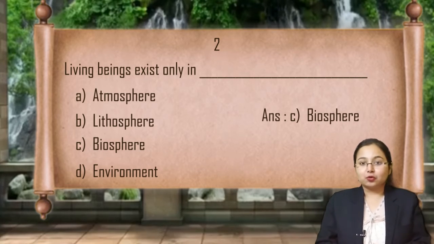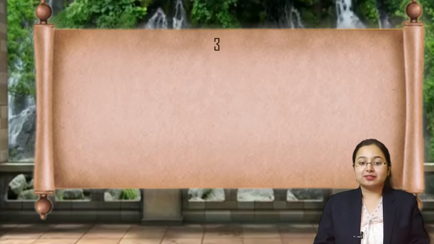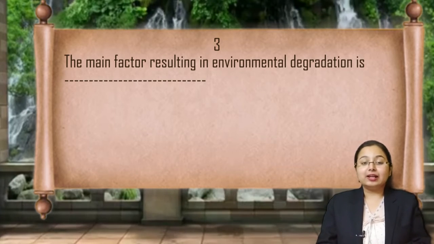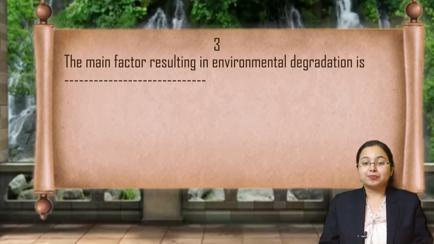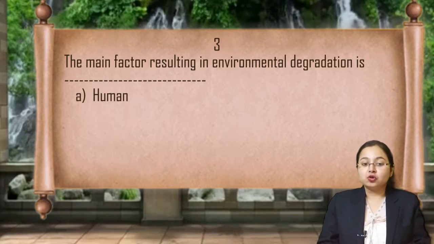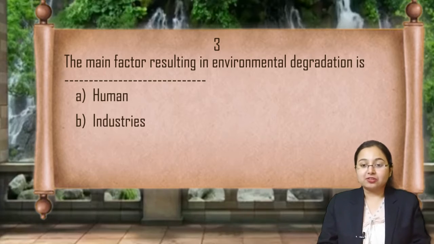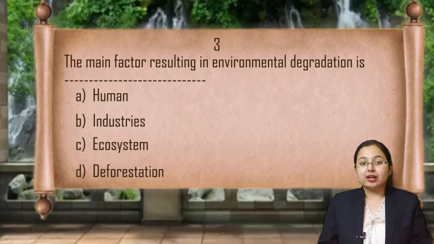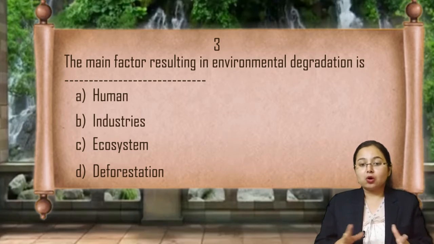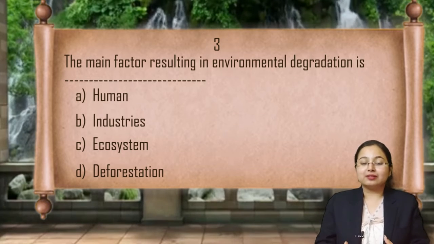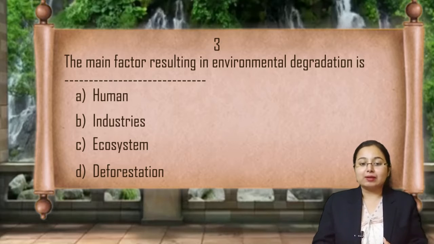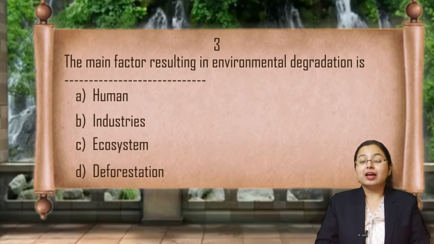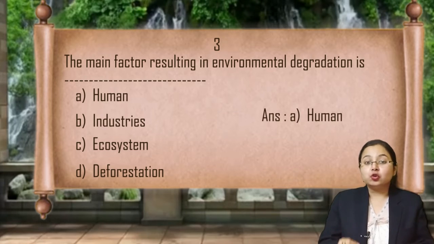Now let's come to the third question. The third question says, the main factor resulting in environmental degradation is dash. Options are option A, human, option B, industries, option C, ecosystem, and option D, deforestation. Children, all are factors that result in environmental degradation, but the main factor that results in environmental degradation is the